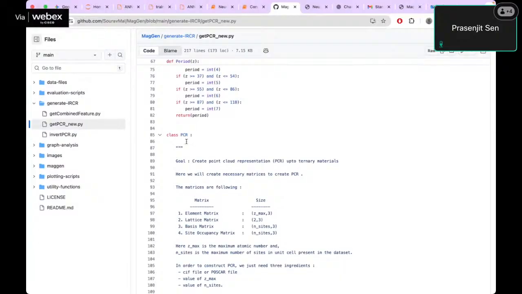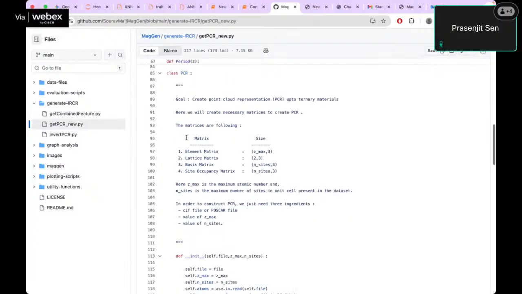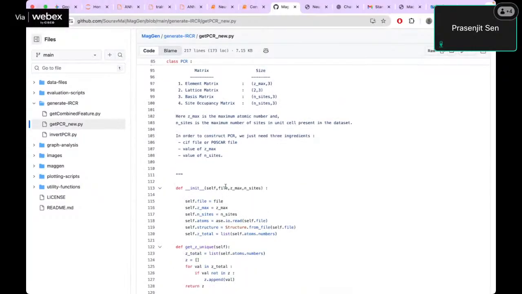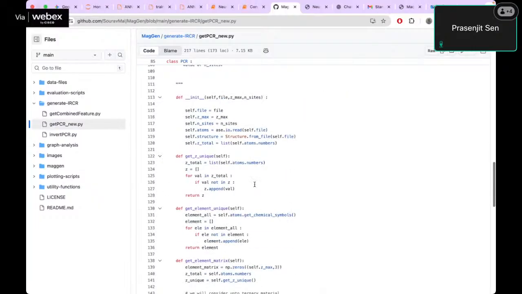We have created a class object called PCR, basically point cloud representation. And you have to specify the file name. So here the file is the POSCAR file or CIF file, and you have to specify the Z max. So here Z max is 94, and n sites, that's the maximum number of atoms in the unit cell, is 20. And then you can construct the ASE atoms object to extract the information, or the PyMatGen structure object, and then